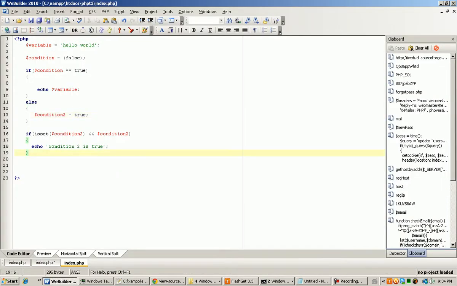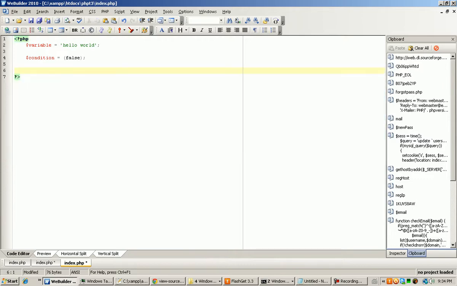Alrighty. So now we have if statements, we have if else, but what if we wanted to compare something else? These are just Booleans. So let's say, I'm just going to get rid of all of this here. Condition 1 is equal to 10. So let's say we wanted to check if condition is equal to 10. Actually, let's just change this to value because it's no longer the condition. So if the value is equal to 10,